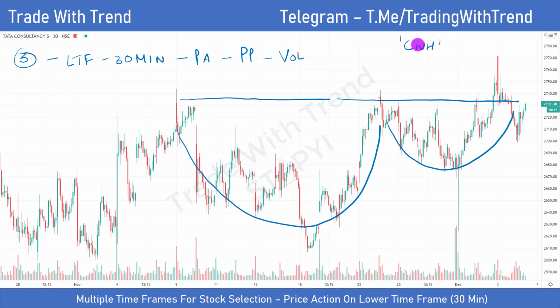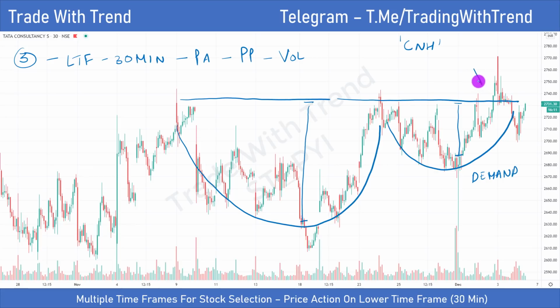Don't stick to textbook definitions. Just try and understand what is going on here, because textbook definitions are relatively very difficult to implement when it comes to real-time trading and you'll simply get confused. So if you look at the larger pattern that TCS is forming on a 30-minute time frame chart, you have a much deeper retracement here. And then you have a shallow retracement here, which in turn clearly tells you that there is strong demand developing, and that is why price is not able to move down lower.